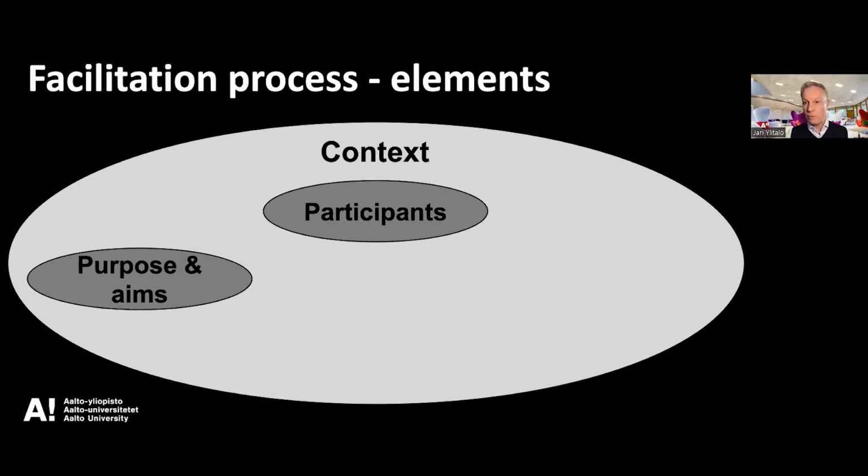And then participants, as William mentioned, who are the appropriate people to come to this workshop? It must serve the purpose, and also the expertise and the aims, who has appropriate knowledge, but also the roles concerning the purpose and aims. And sometimes it can concern the whole organization in some way, but of course it's maybe not a single event, or it sometimes can be like this example of an 800 people workshop.